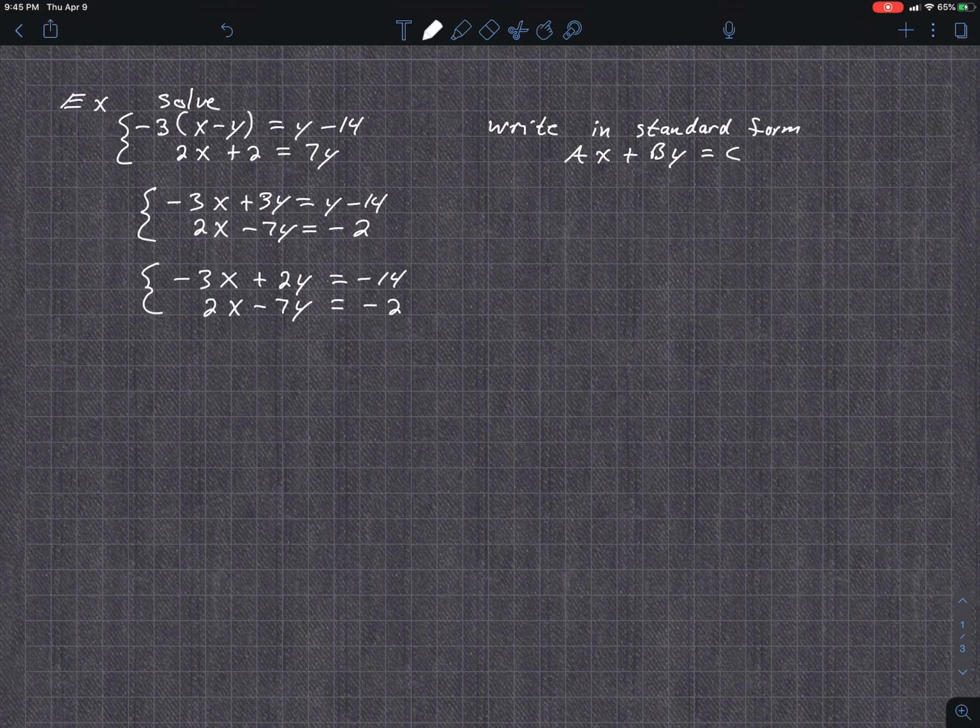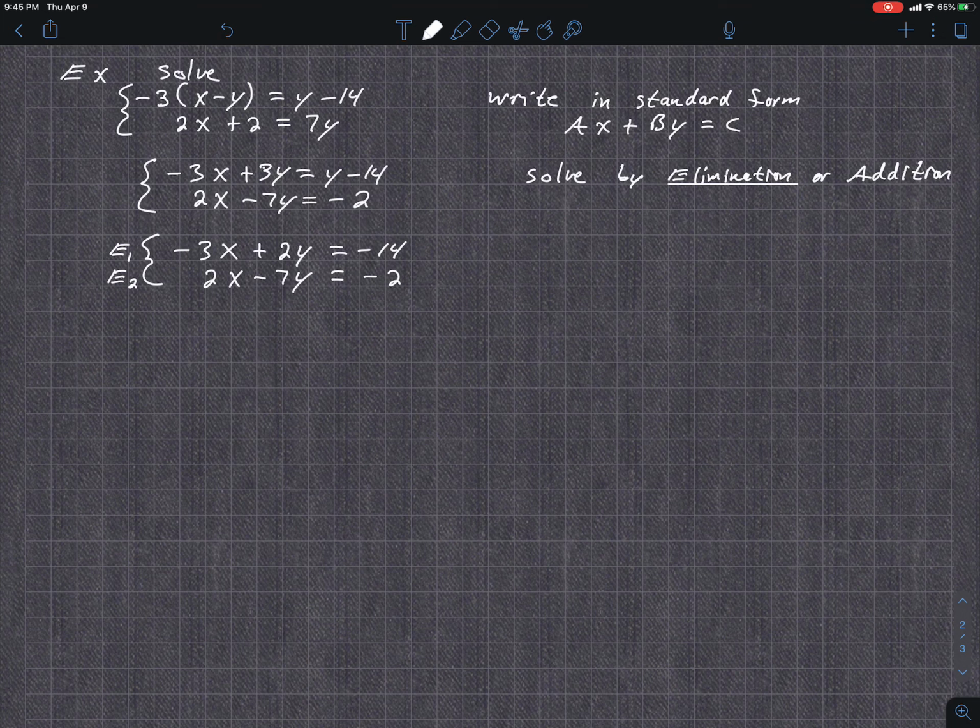Okay, so this is what we call solve by elimination. The book might call it addition, because we're going to be adding the equations together. So this is standard form, and we're going to call this equation 1 and equation 2. So what we want to do is basically multiply by a constant and add to eliminate one variable. So we can see that if we did 2 times equation 1 and 3 times equation 2,